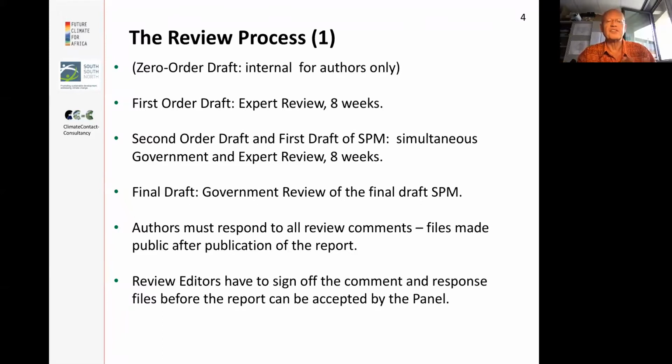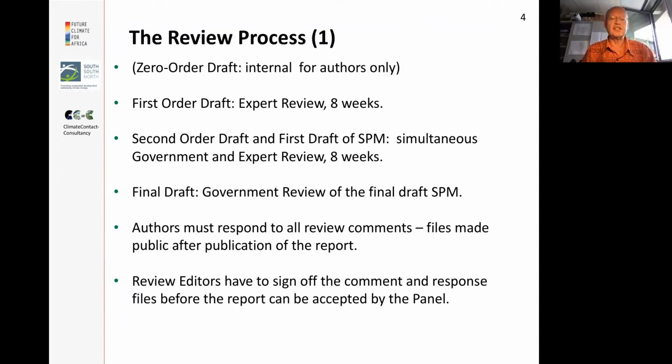So there's one set of comments coming from governments and another set of comments coming from experts. And then the final draft of a given report is only subjected to a government review, and then that is only actually for the summary for policymakers, because there's no possibility to write another new version of the full report